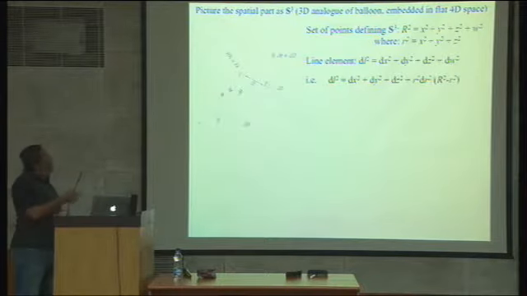So the set of points that defines this big sphere, in any case, the picture is only an approximation because I can't really show 4 dimensions on this plane. The set of points that defines a sphere S3, with radius r, is just x squared plus y squared plus z squared plus, let me call the 4th dimension w, squared. Okay, so you agree that that is the equation of a sphere, and I'm saying it's a sphere in a space with 4 spatial dimensions, right? And the little r is